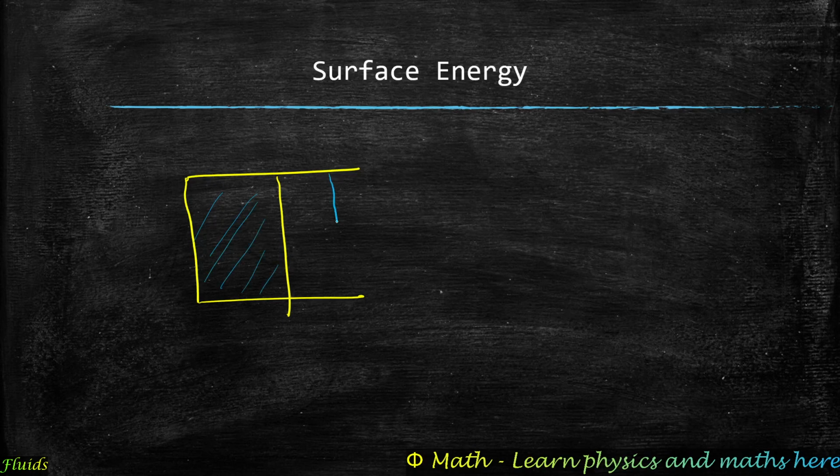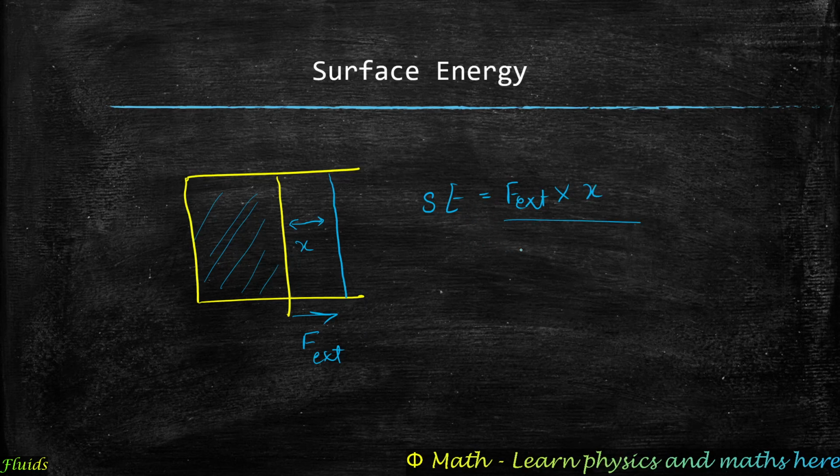Let this be the new surface, and from here we can see this distance is x and the force required to do it is F external. So from here we can say that surface energy would be F external times x